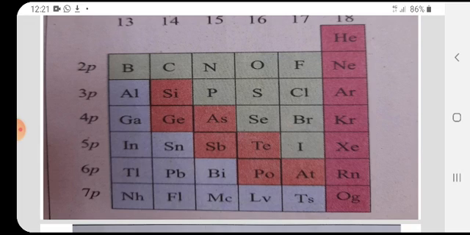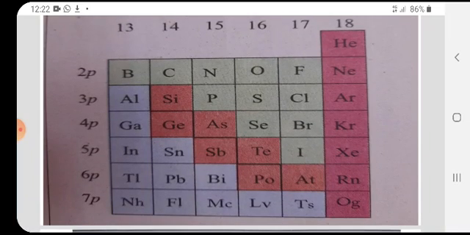Group 17 elements are known as halogens, and group 16 elements are known as chalcogens. These two groups have highly negative electron gain enthalpies and readily add 1 or 2 electrons respectively to attain the stable noble gas electronic configuration. Their non-metallic character increases as we move from left to right across the period, and metallic character increases as we go down the group.